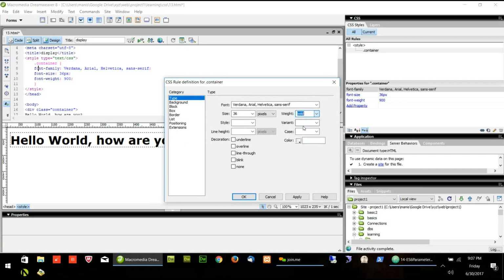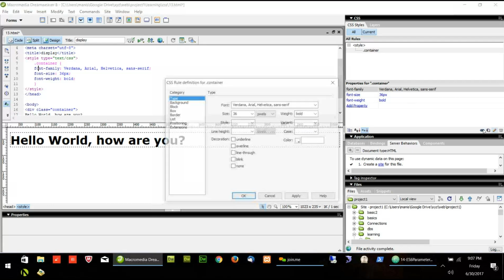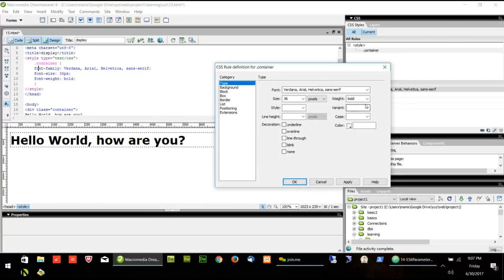And I can say simply bold. Though there is a minor difference, there is not much difference between 600 and 900. So generally we give bold when we want to make it bold. Otherwise I will say normal. I can change the style. Style is something where I want to make it italic. So I can make italic, and oblique is also italic-like. So whether I choose italic or oblique, it is one and the same thing.